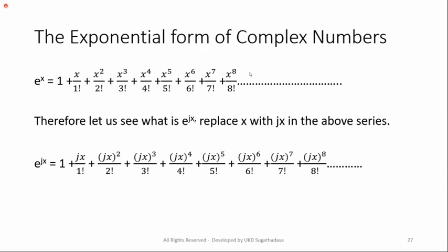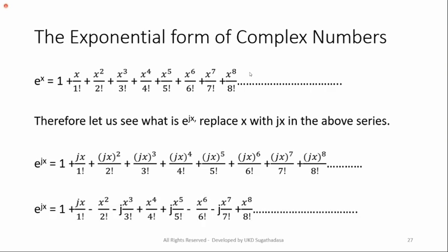See? Now see the second line. Everywhere x is replaced by jx. But remember, you need not actually remember those. The proof is not necessary. Then expand. When you expand, remember some assumption has been made here, because the values j squared, j^3, j^4, j^5, j^6, j^7, j^8 have been used here. Finally you get e^(jx) equals 1 plus jx plus (1 minus x squared) over factorial 2.